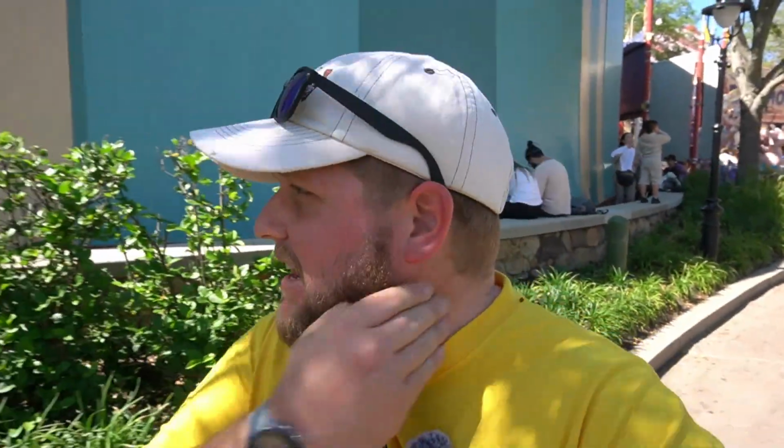Okay, so there were 2 boards inside of Big Top Souvenirs. If you go in immediately, as soon as you go in the main entrance, to the left, there's 2 sets of registers right there. There's usually a cast member in a yellow shirt holding it, and that's why I didn't film it, because she's holding it. And then there is one in the back corner. Now again, super long line for it, so not sure why there was, but I at least found one good one off of the board, and I'll show you guys that at the end of the video,